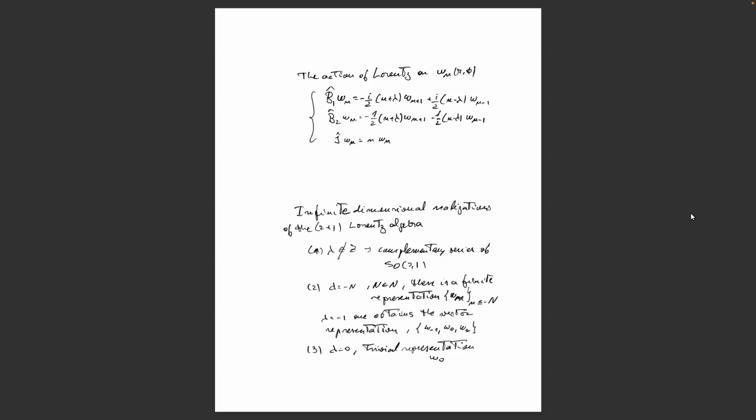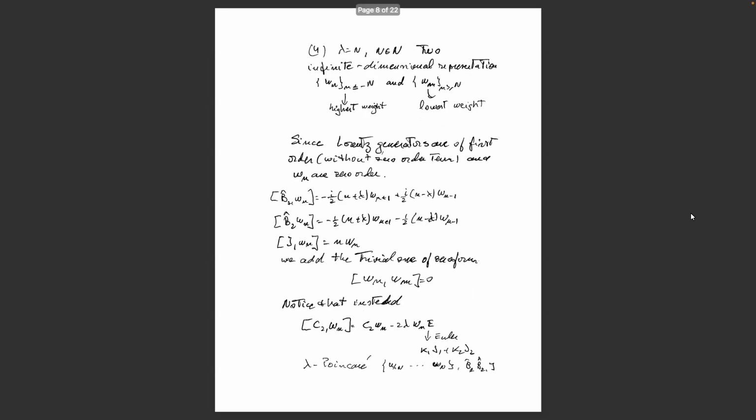Therefore, in a sense, in BMS, it is Lorentz, this will make the role of Lorentz. No, sorry. Lorentz are these generators here, and this will make the role of the momenta. Now, when lambda is equal to n, we have a singular behavior, and there are two infinite dimensional representations given by this one here. But we are going to concentrate mainly